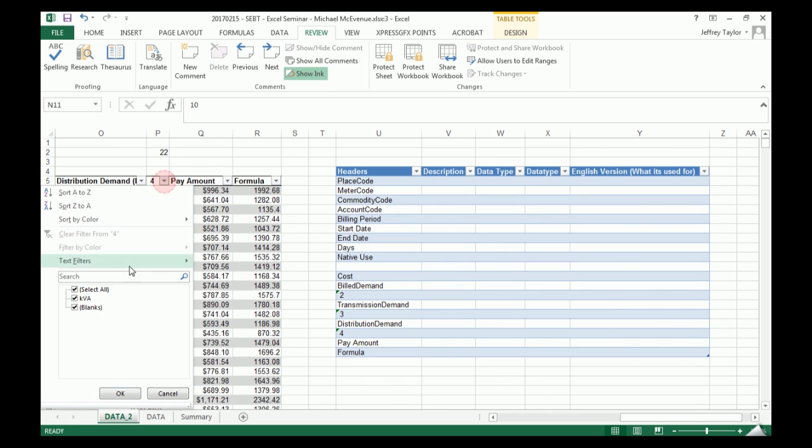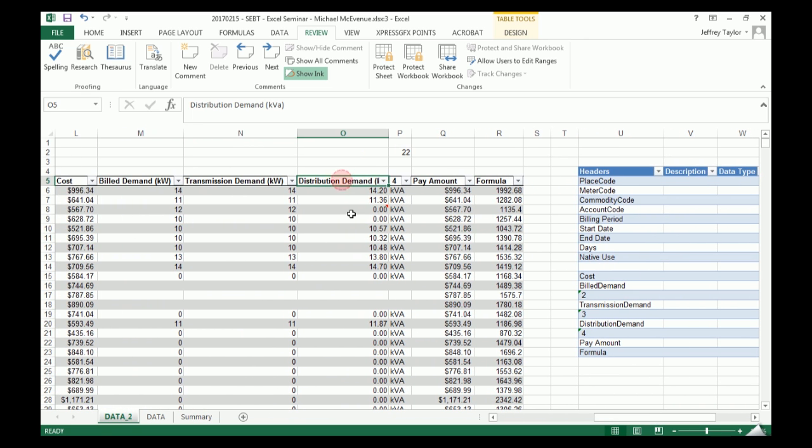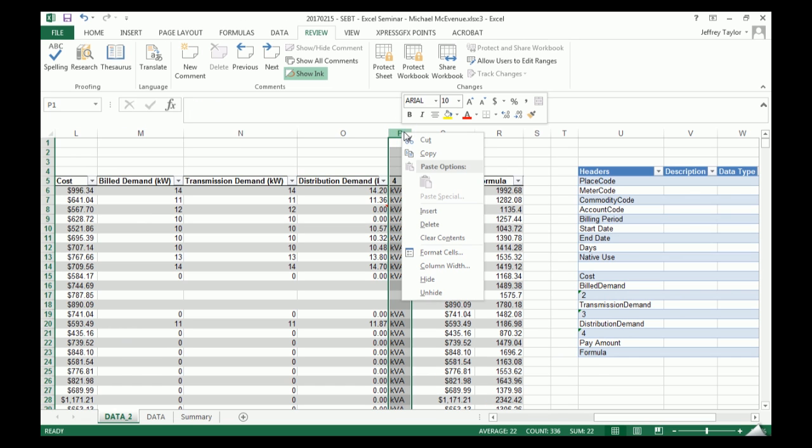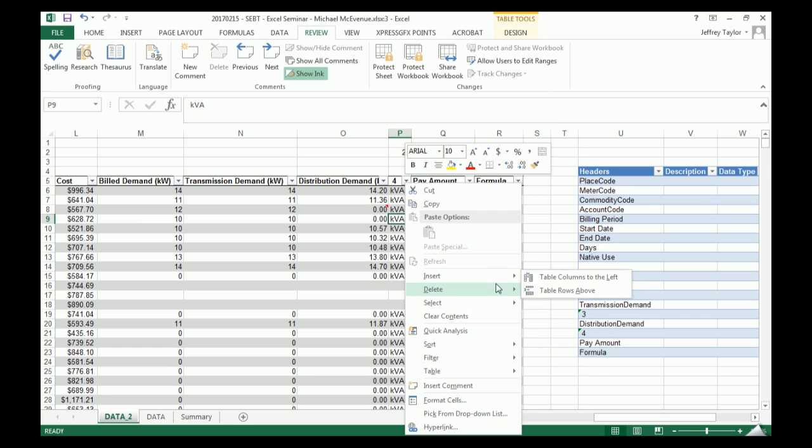In this instance, I checked. It's KVA, and that's all there is. So I'm like, you know what, I should be able to get away with this. And I did. I renamed it. I selected the whole column and did delete so that everything shifts over, like the entire Excel sheet shifts over. Whereas if I just did this, which you can,